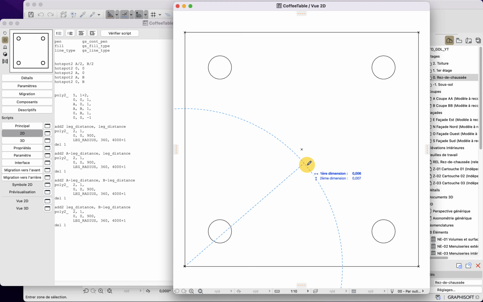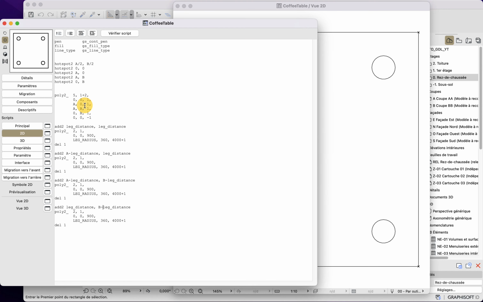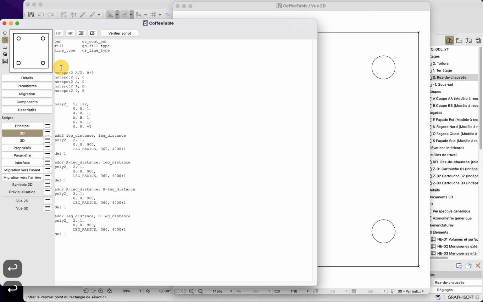The last thing that we will do is align the middle of the table with the origin point of the object. In order to do so, we will use the ADD2 command, but we will do it way before the other one. And we will move it by minus A over 2 and minus B over 2.